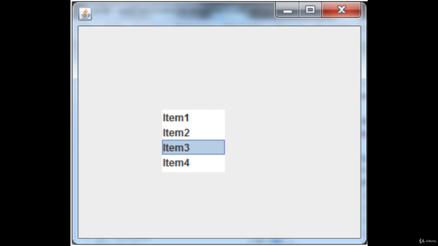As you can see on my screen, this is a sample output of how it would look after I execute it. This JList shows item 1, item 2, item 3, item 4, and so on. So to make an application like that, without wasting time, I'm going to make this application. For it, just open up your notepad and import